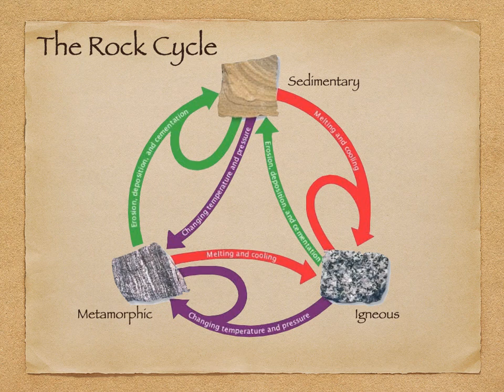You can take metamorphic or igneous, grind it up, dip it in some water, let it layer itself, and let it harden together, and you get sedimentary rock. You can take sedimentary or metamorphic rock, melt it, re-harden it, and you get igneous rock. You can take any of them, squish them and cook them, and you get metamorphic rock. It's pretty confusing, doesn't it? Like any one can turn into the other. But what kind of igneous or metamorphic or sedimentary depends on the chemicals that are in it. And it depends on how fast or quick it cools, lots of different things.